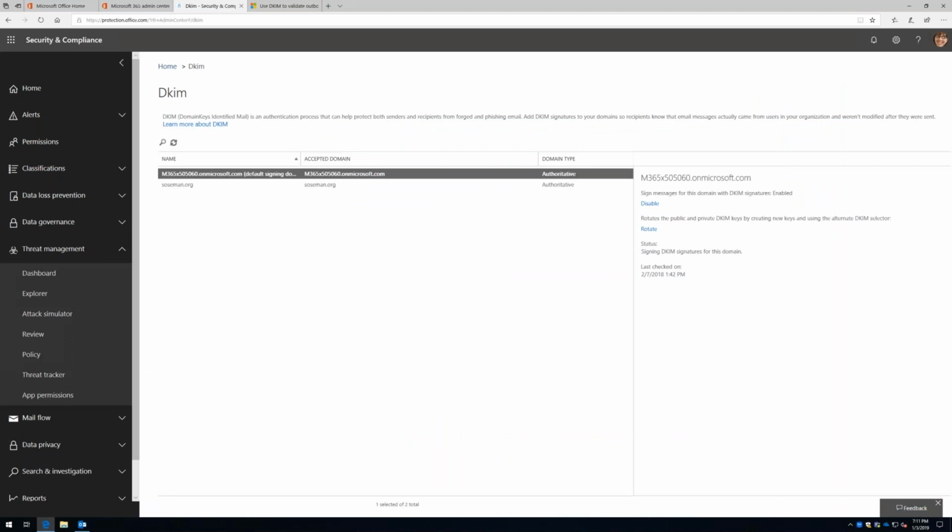And it just makes sure that other email systems, so if I sent you an email, making sure that your email system can trust messages from my email system. And if it's not coming from my email system, it's not going to trust that message. And it does that by using encryption on the header of that email. In addition, there's a public key that you actually publish out there in the public. And so when you receive my email, you're using that public key to decrypt that message header. And then from there, it will allow you to understand whether or not that message has been spoofed or trusted.